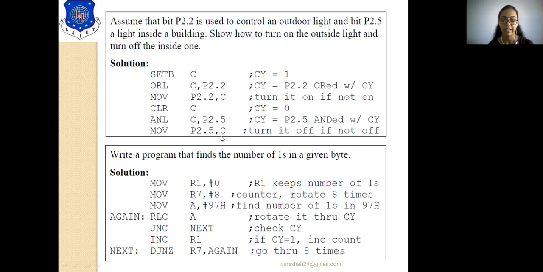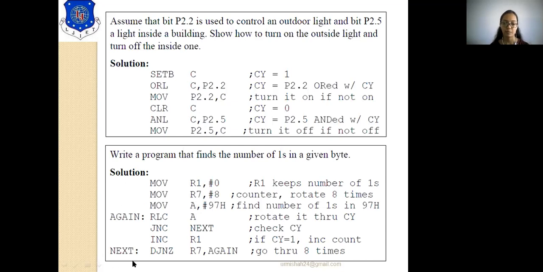This carry flag 0 data will be loaded into P2.5. So the outside light you have turned on, and the inside light you have turned off. The outside light was P2.2, where you performed the OR operation, and the inside light was P2.5, the fifth pin of port 2, which you turned off by performing the AND operation.